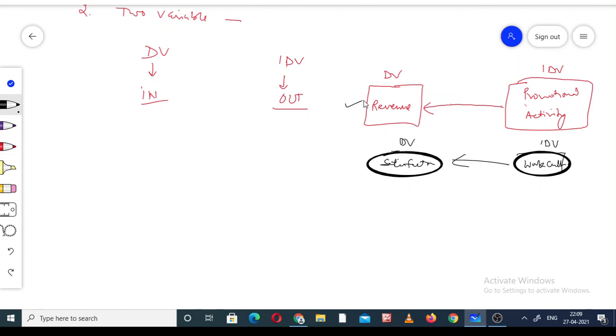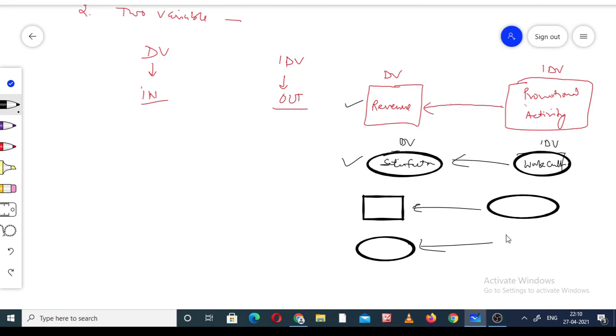What is the difference between these two statements? These statements are in the box form and these statements are in the circle form. It can be like this also, or this one. So what is the difference between the box and the circle? We already discussed that. Box means the observed, the actual data.